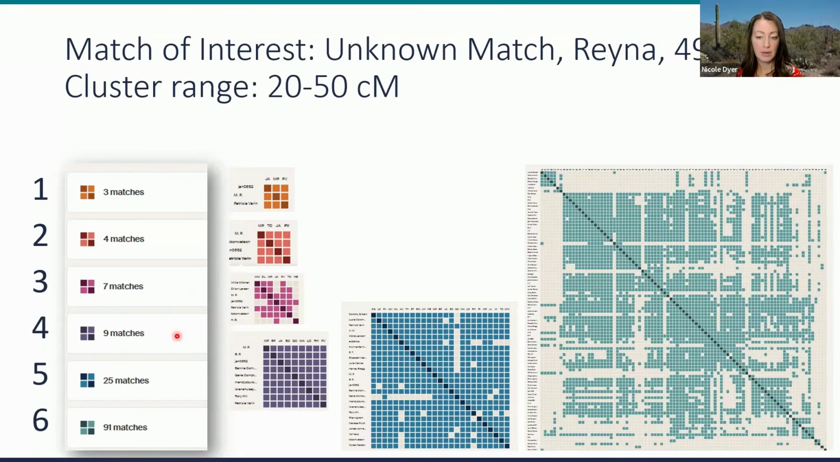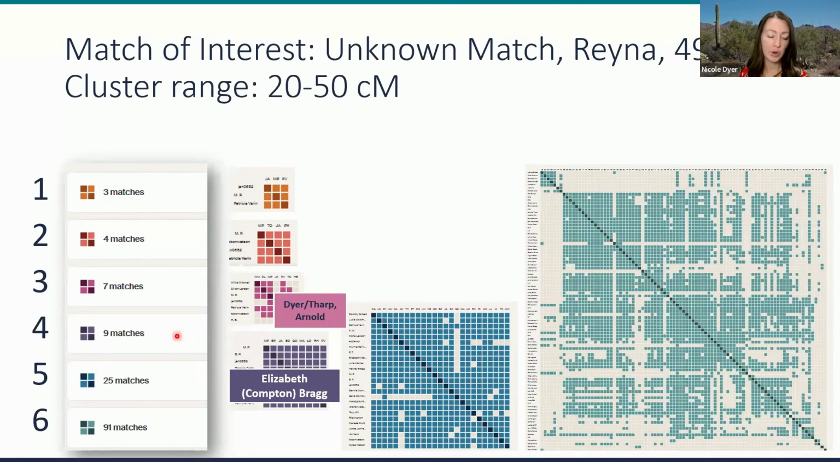And then 4 of them had the Compton surname. And then building the Compton trees back gave me an ancestral couple of Milton Compton and Elizabeth Bragg. And so I'm going to put Elizabeth Compton Bragg here. So then going back, and I could have put Milton Compton and Elizabeth Bragg, but you'll see why I chose